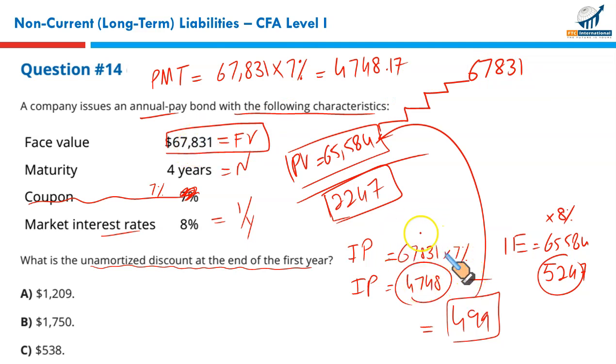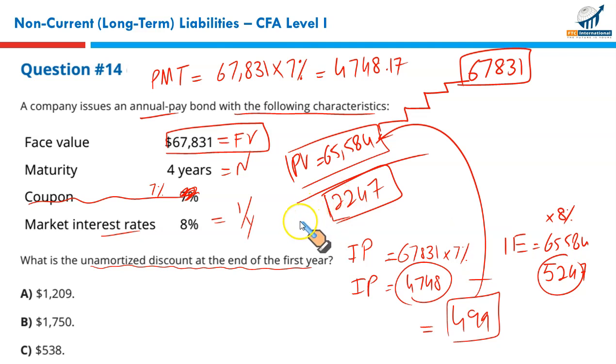Remember, this is the way discount amortization works: every year, the amortized amount is added to the present value of the bond. It keeps on going up. At the maturity date, your par value and your bond book value will be the same. The same is true for premium. In case of premium, you will find a bigger amount here, maybe 75. This 75 will reduce every year by premium amortization, 73, 70, 69, 68, and by the 5th year or 4th year, your par value and your book value will come equal. So that's the point to remember: premium and discount are amortized every year, and at the date of maturity, the par value and the book value of the bonds become equal.